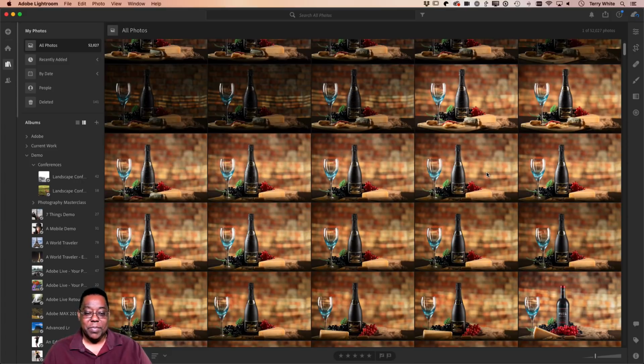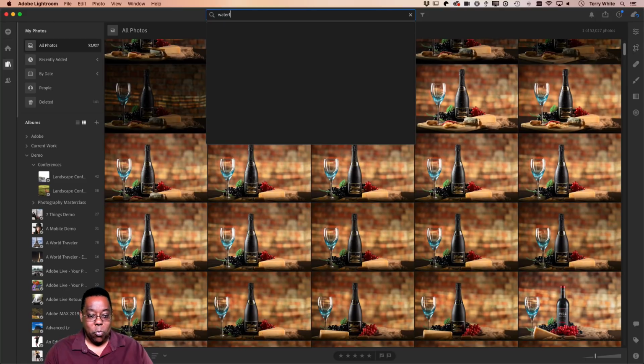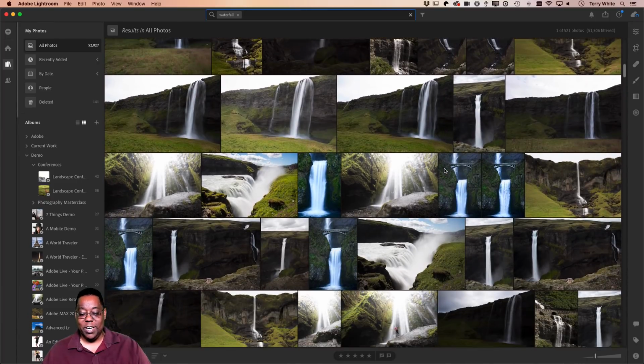there is a search, and I'm on All Photos right now, so all my 52,000 that are synced. If I were to type waterfall, it's going to find every waterfall that's in those 52,000 photos, even though I never keyworded any of these to say waterfall. How does this one do it? Because these are in the cloud, because that's the nature of Lightroom Cloud, that when you import, you're syncing. And Adobe Sensei knows what a waterfall looks like. So it says, oh, you're looking for a waterfall? I know where your photos are in the cloud. I will identify what waterfalls are,